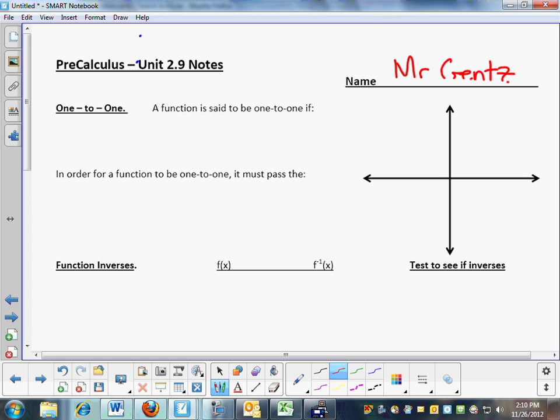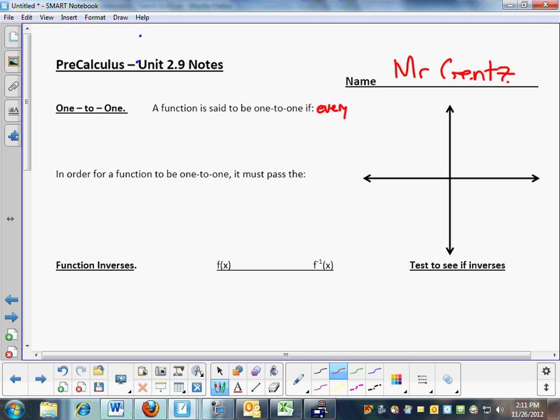Okay, so let's get started on new content today. We start out with the definition of one-to-one. Anybody remember what a definition of a function is? A relation in which every element of the domain corresponds to exactly one element of the range. So, a function is said to be one-to-one if